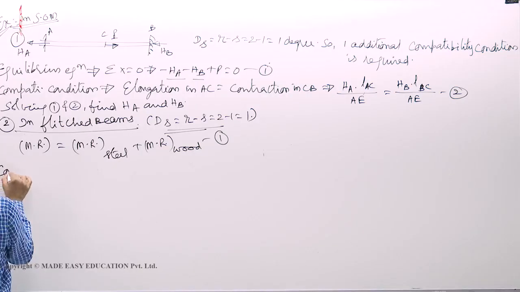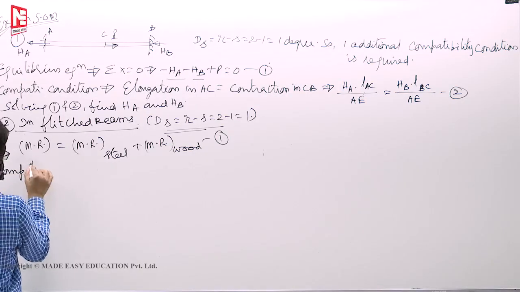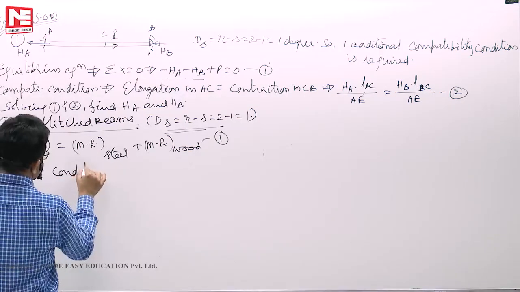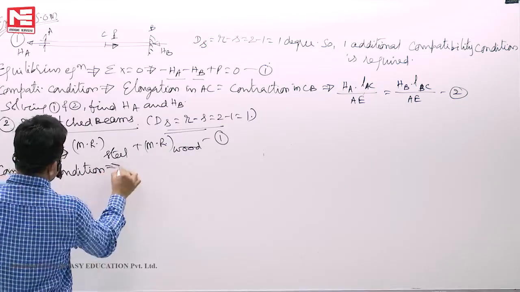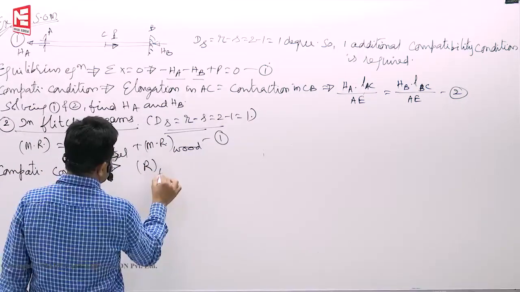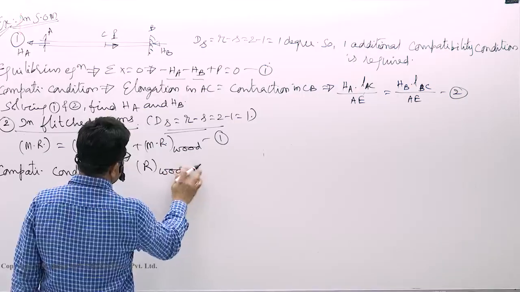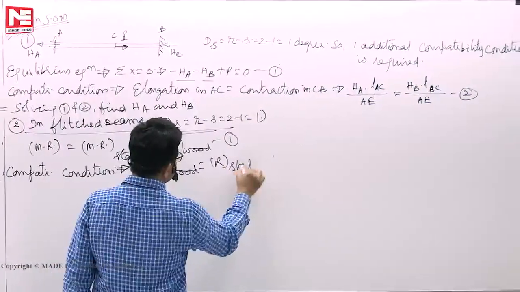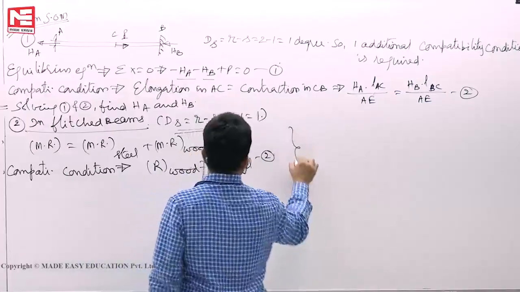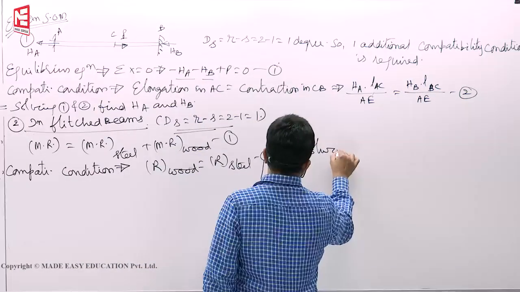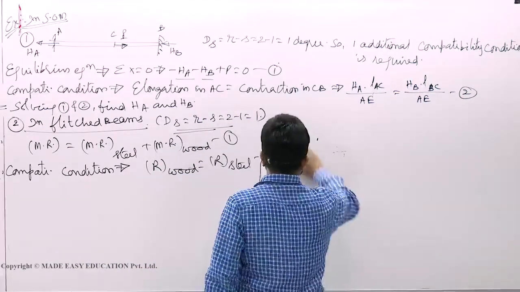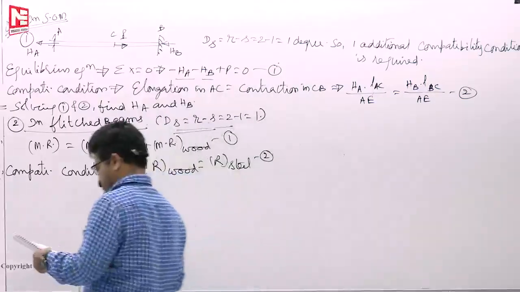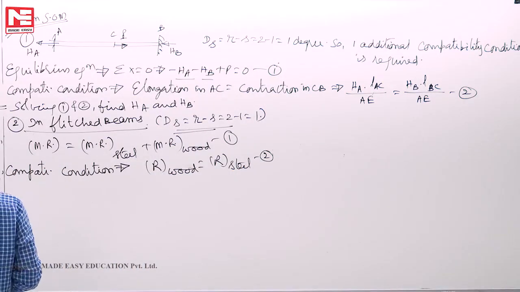Compatibility condition, what you have learned: the radius of curvature of the wooden beam is equal to the radius of curvature of steel. So, solving 1 and 2, or this one you have already solved, why should we write it? Okay. Next,